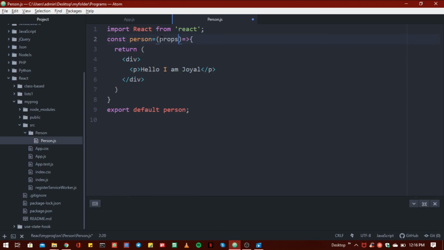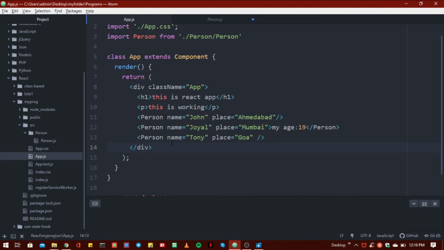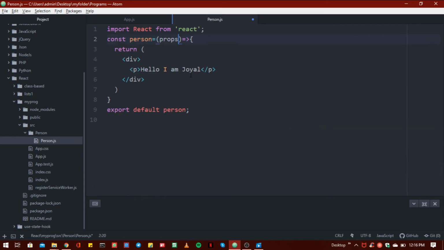So props is a special keyword in React which stands for properties and is being used for passing data from one component to another. But the important part here is that the data with props are being passed in a unidirectional flow. So we can use all of these components inside this file. So we have to write here